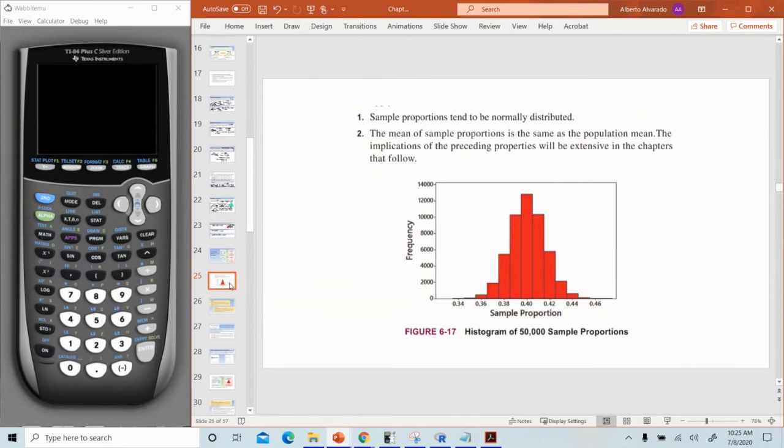Okay, so here's sample proportions of... I don't think they mention what it is. Okay, but this is an example of sampling proportions. Okay, I think more concretely,